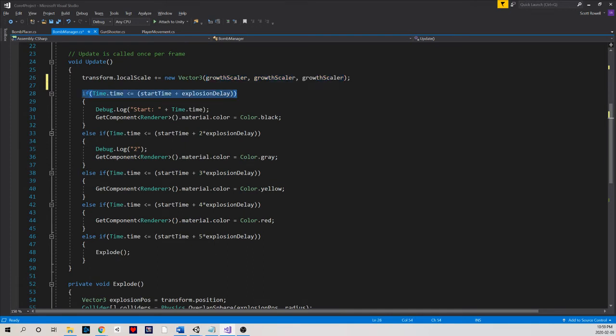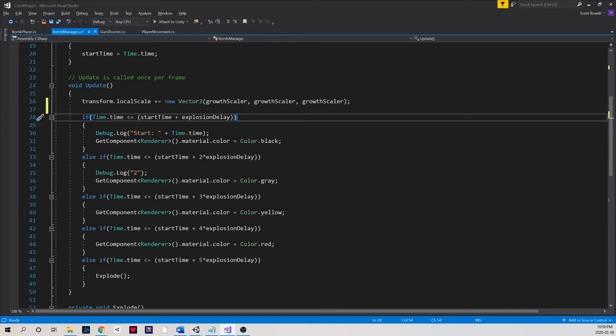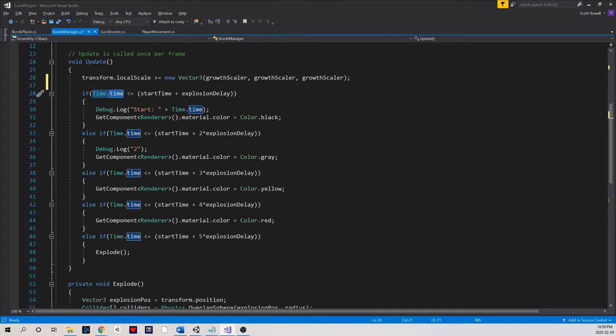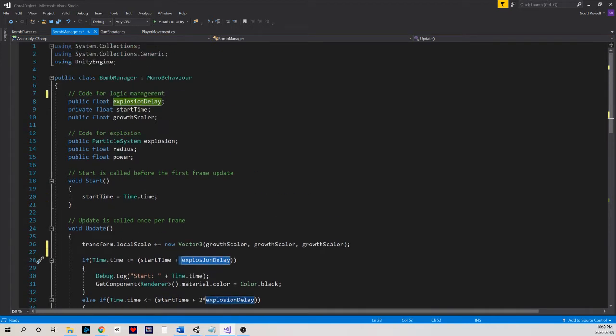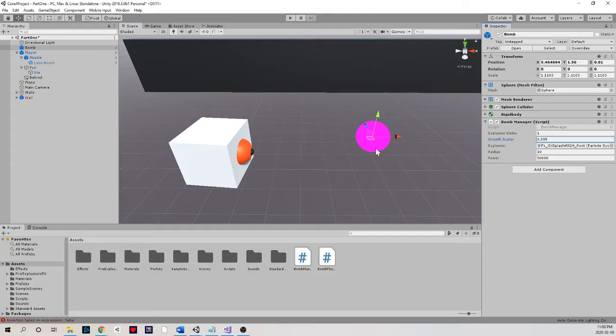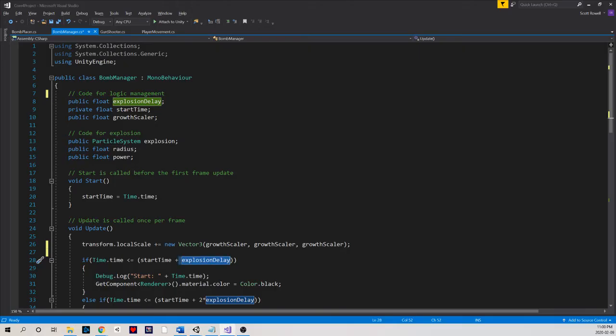Next is the code for the color changes and the time delays. Let's take a quick look at the logic of the time. If the current time that I'm examining when it's updating is less than or equal to the start time I gathered when the script was generated plus my explosion delay, some value that I'm inputting, I think I put in 1 for now, which is 1 second, how long I want each state of my bomb to take